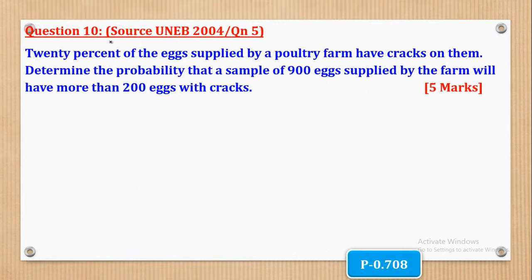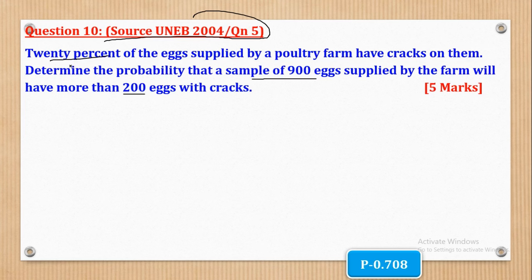Now we shall go to question 10. Question 10 came from UNEB 2004 paper 2 question 5 and says: 20% of eggs supplied by a poultry farm have cracks on them. Determine the probability that a sample of 900 eggs supplied by the farm will have more than 200 eggs with cracks. Now if you look at this question, it does not have anywhere the word normal distribution,